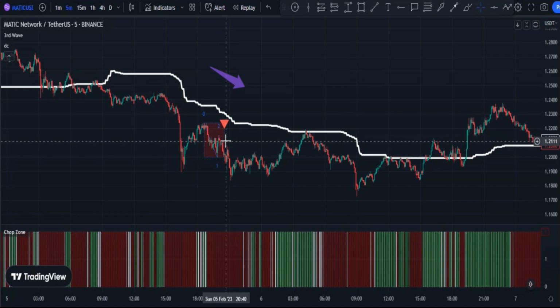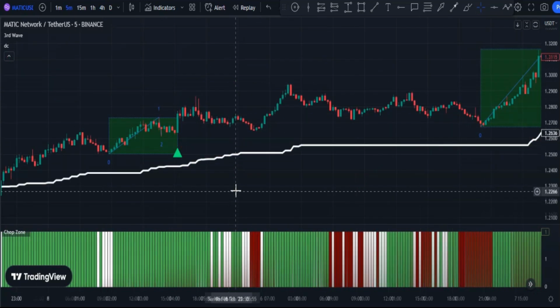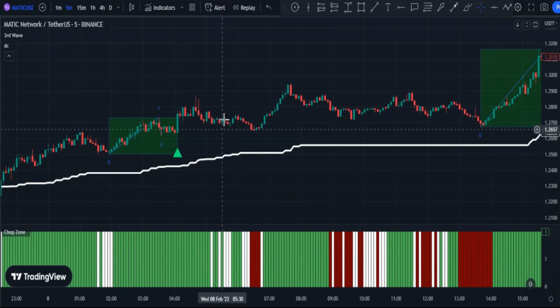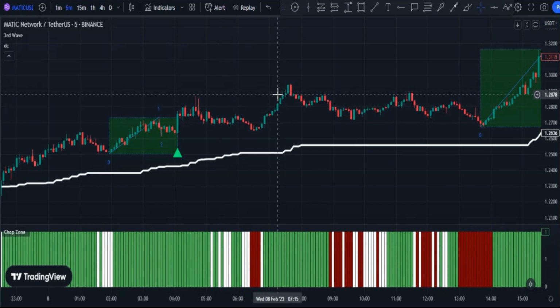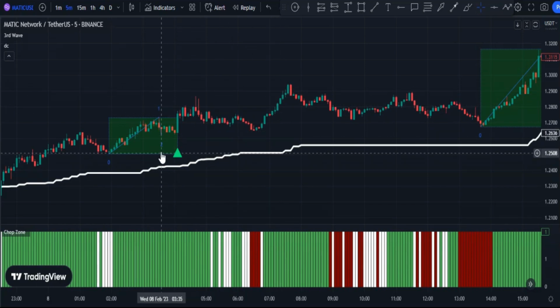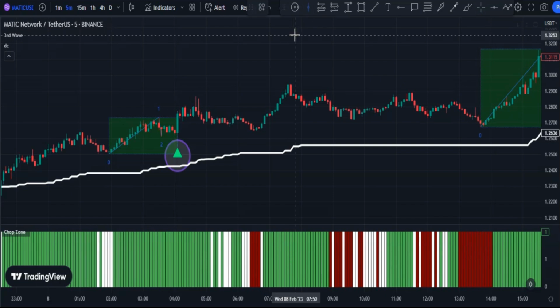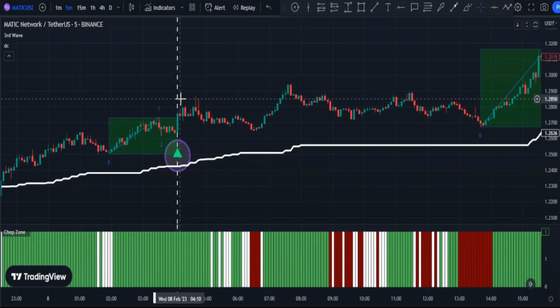This indicator really helps us to not enter any trade against the trend of the market, and it can prevent many potential losses. Now that this trading setup is complete, let's go through the entire conditions of entering a trade. For entering a buy trade, as I mentioned before, a buy signal needs to be given. If I draw a vertical line on this signal, chop zone's histogram needs to be green as well,